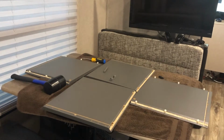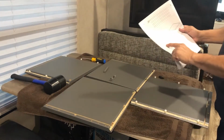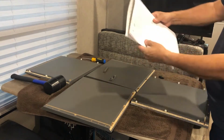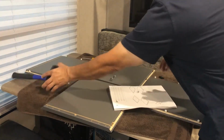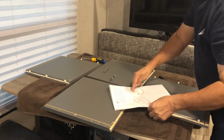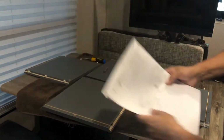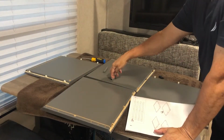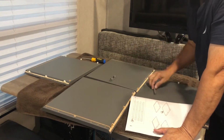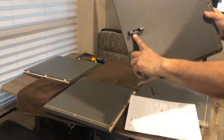And when you're looking at things, look at the holes, look at what's sticking out. That way you know you get the right ones. For instance, this one has this thing sticking out. It shows it here. This one here has 2 little pre-drill holes. Now I've already gone in and put this thing in here. Okay, so